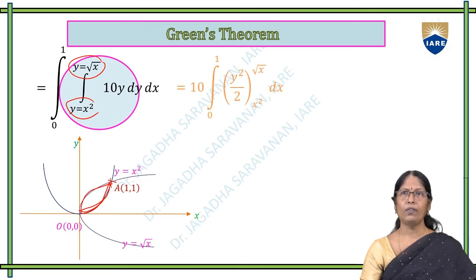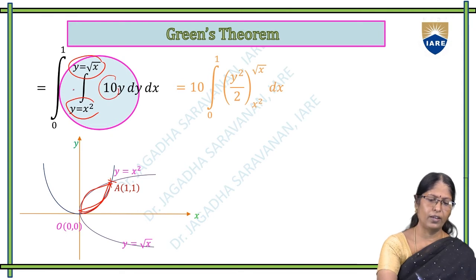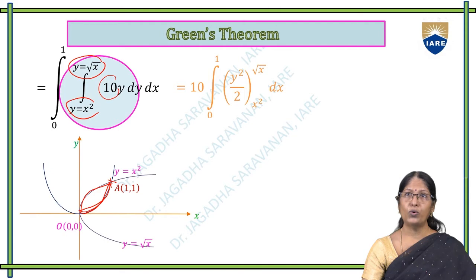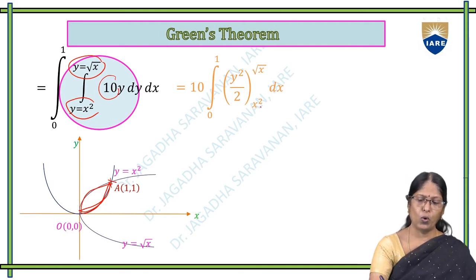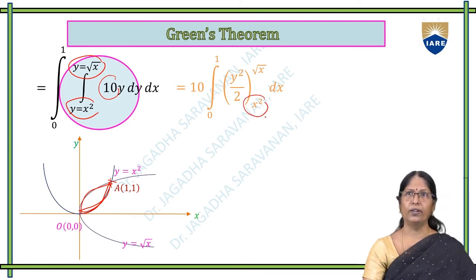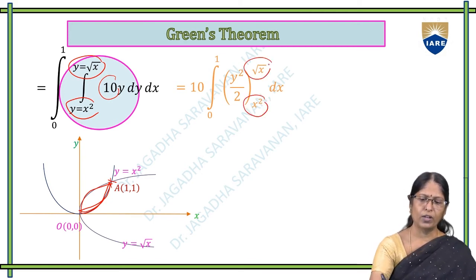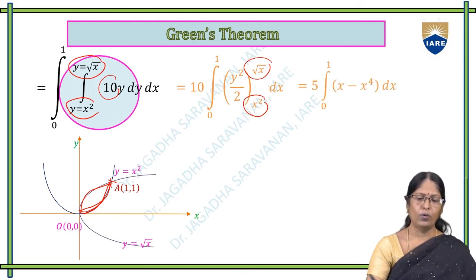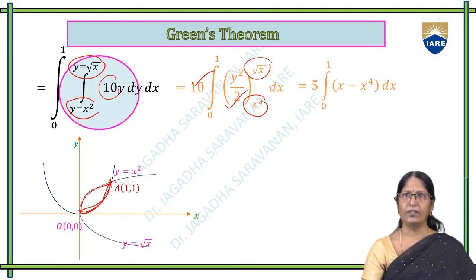Now, the 10 is there. We put it in front of the integral, that is, integral 0 to 1 of y square by 2, where the lower limit is x square and the upper limit is root x, dx. Now this 10 and 2 both get cancelled. We get 5. Now the limit formula is